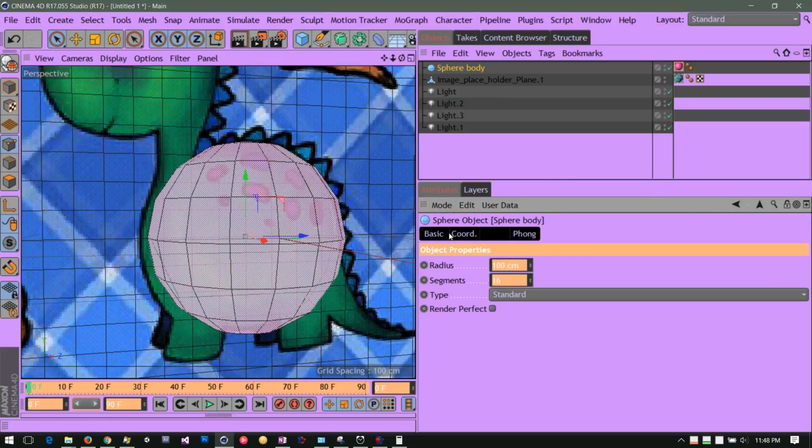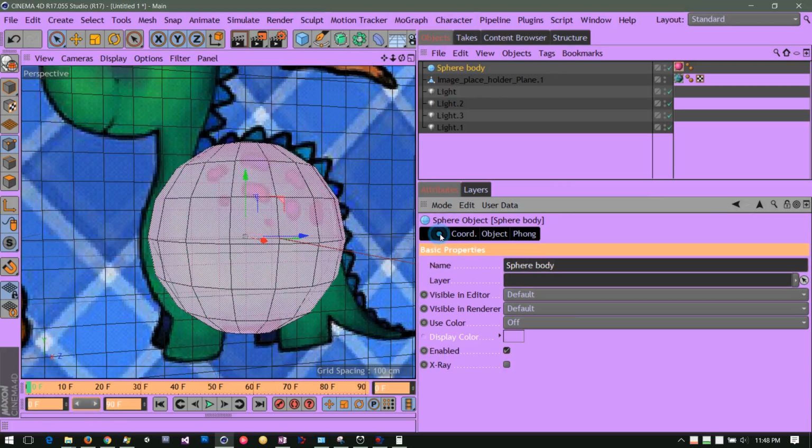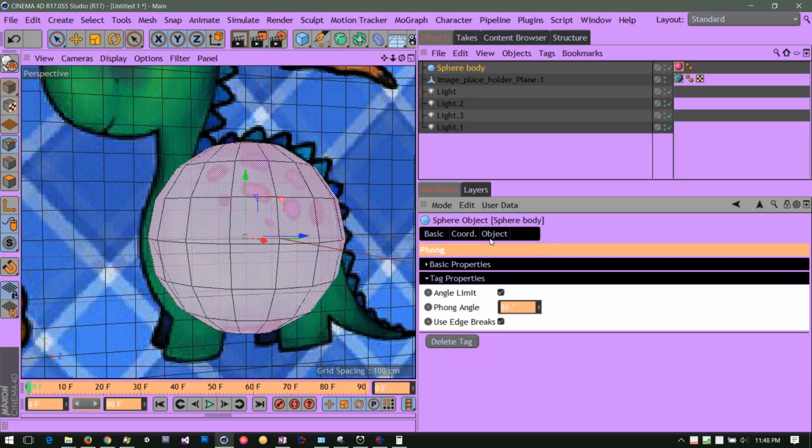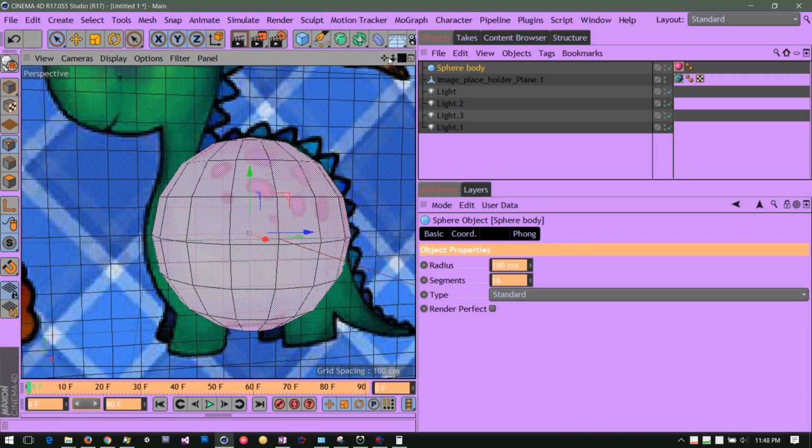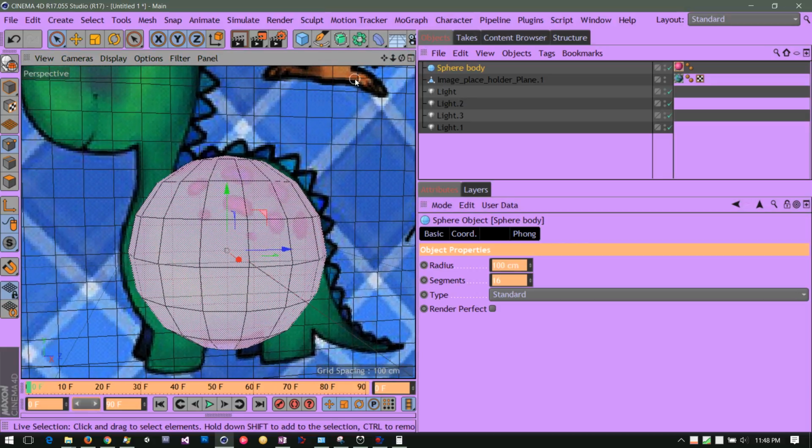menu where all of the sphere attributes are: basic, coordinate, object, Phong. We decreased the segments to make less polygons in our sphere model. And now one of the things that you can do when you start modeling is after you have made a selection, or after we've made a model, or we've made an object that we like, before we turn it into an editable object, we can